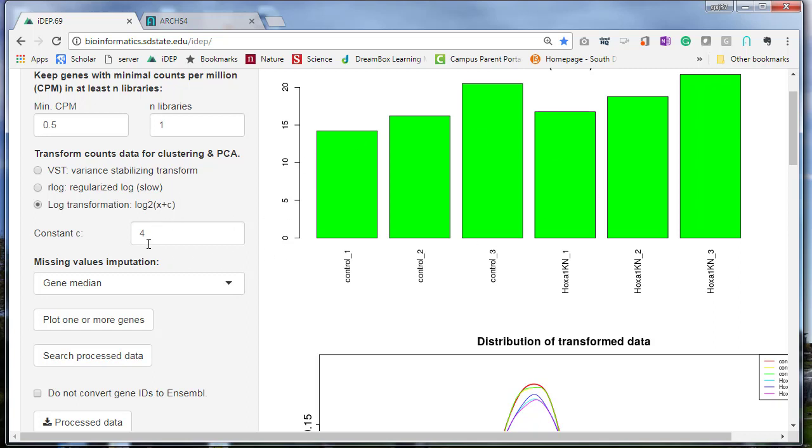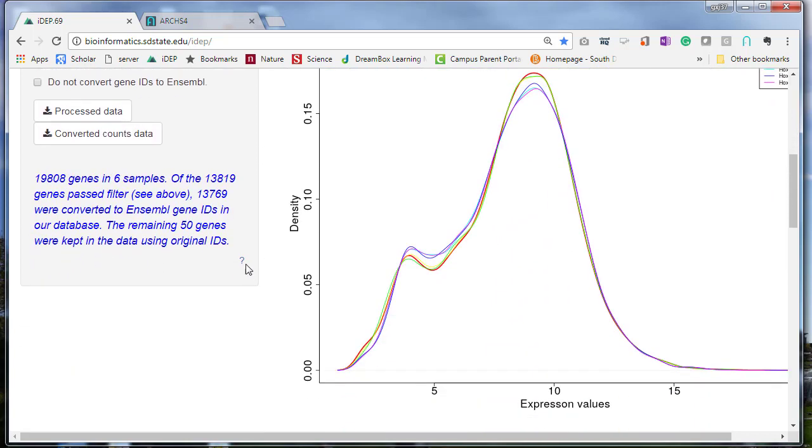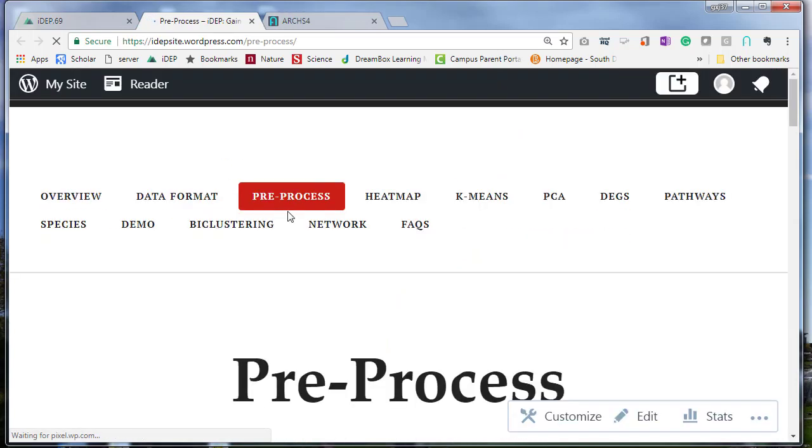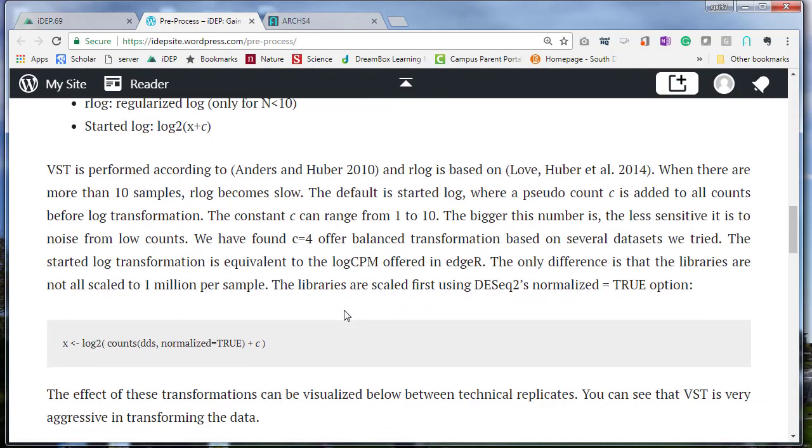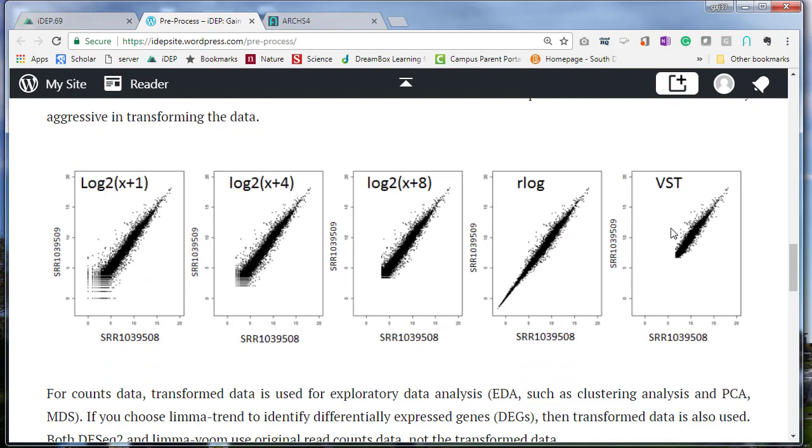So we add a constant of 4 and then take a log 2. That's the default. If you want to know the details, you can go to the documentation site, and on the pre-processing page, for example, it shows the effect of different types of transformation. The VST is very aggressive, while the rlog is less aggressive, but